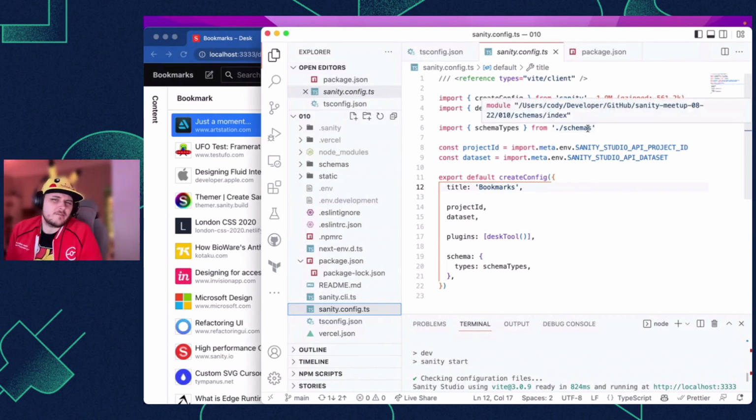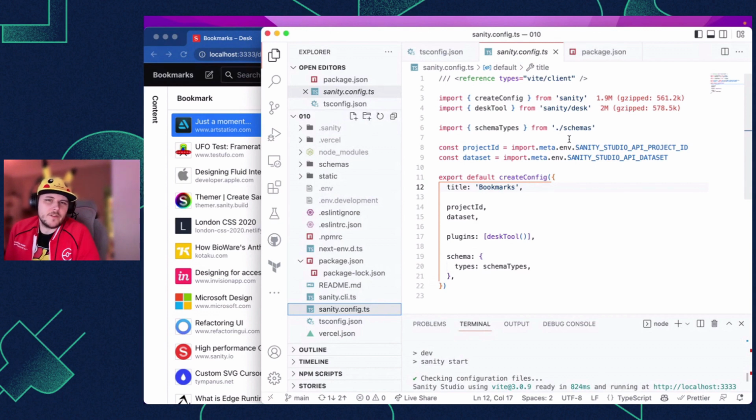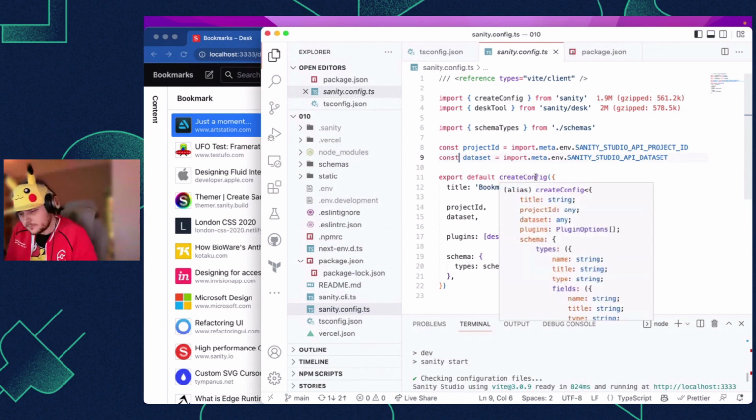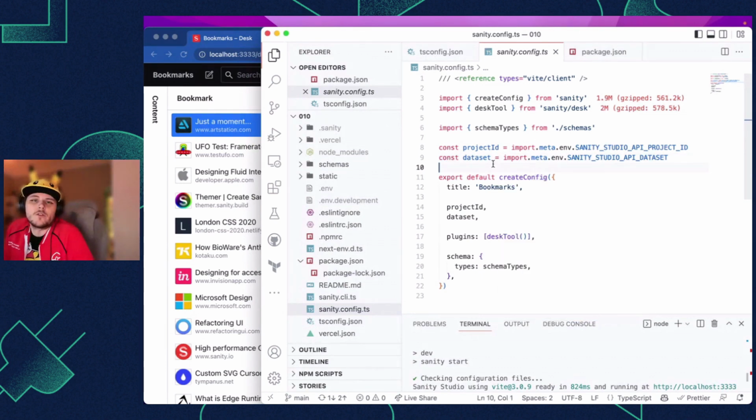To be more specific, what if you need to A/B test the config, for example? How would you go about delivering one config for test A or for test B, or you just want a dynamic title for your dashboard? So in this first segment, I'm just going to show you how you can actually do that